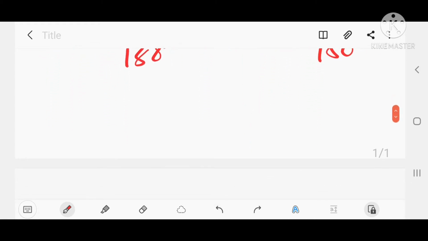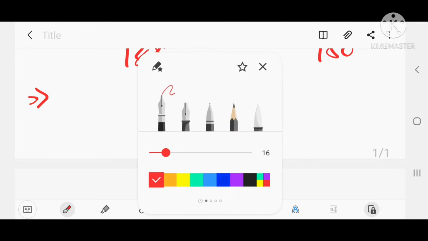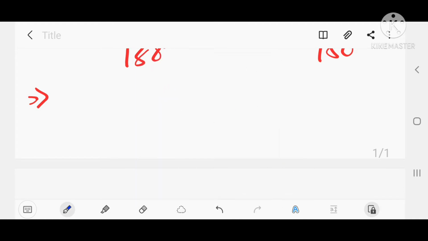So for comparing the ratio of the sides, we'll have